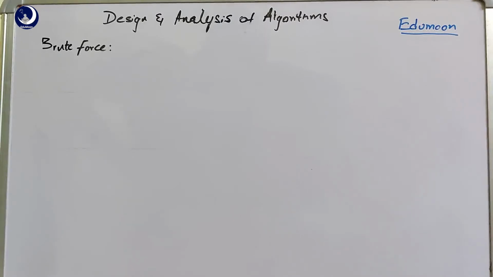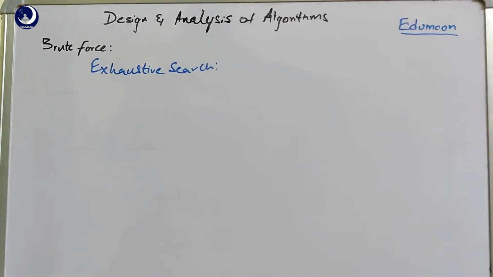In this video we shall continue the discussion about the brute force technique. We shall see the last example in the brute force technique, that is exhaustive search. This approach is generally for combinatorial problems, where it suggests generating each and every element in the given problem description. That is, it expands all the possible combinations in the problem domain, verifies all the constraints of the given problem, and then finds the best solution.